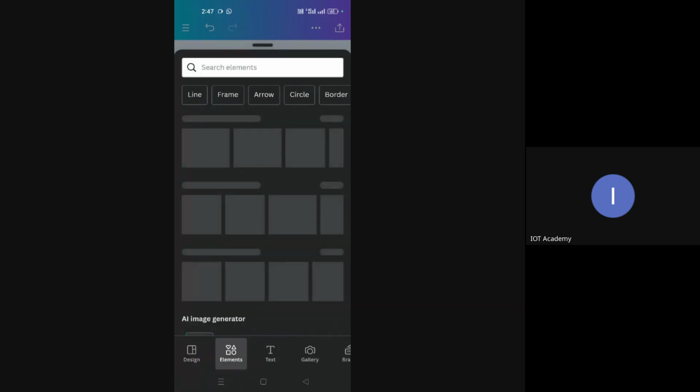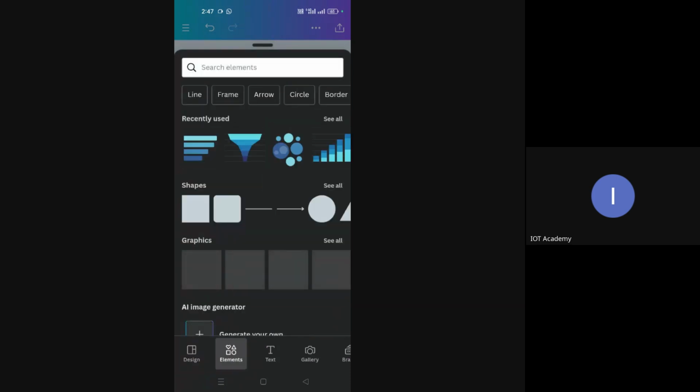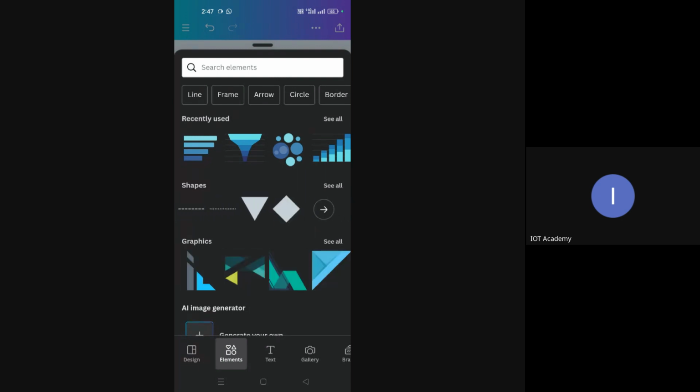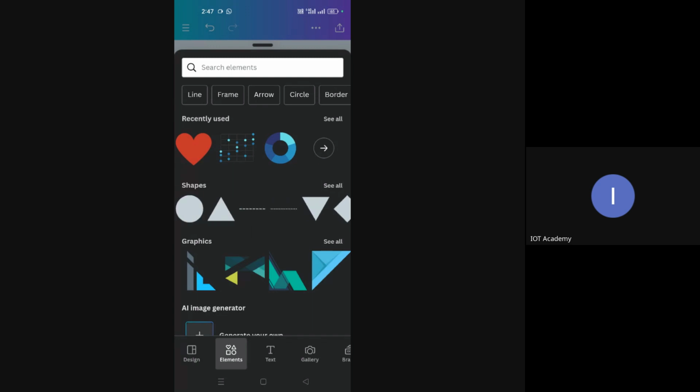Now, besides this design option that we were looking into, we have a couple of other options like elements. What are elements? Elements are various shapes that you can insert in the template. Like recently that I have been using for my academics are these, the graphs, okay, and the circles, etc. So the list of pie charts, etc., you can see. Besides, these shapes are available, which you can use. Tap on it, see.